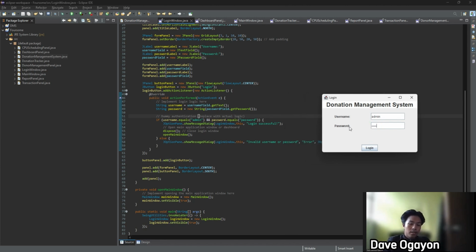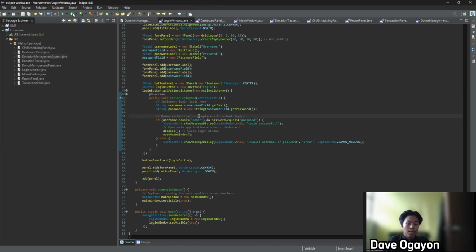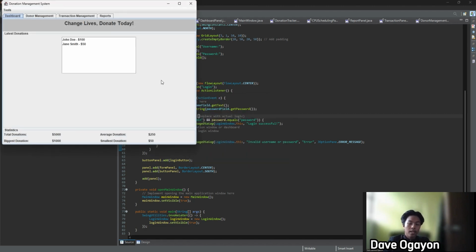In summary, this code creates a login form with a username field, password field, and login button. When the button is clicked, it checks the credentials against a predefined list of valid usernames and passwords. If the credentials are valid, it opens a new window called MainPage and closes the login form. If the credentials are invalid, it shows an error message.